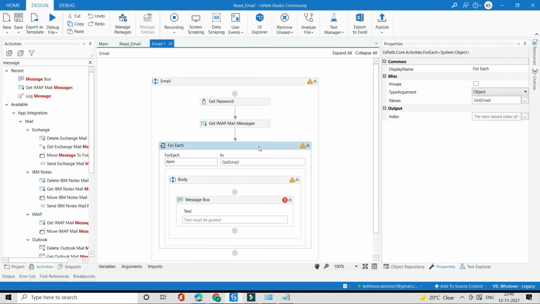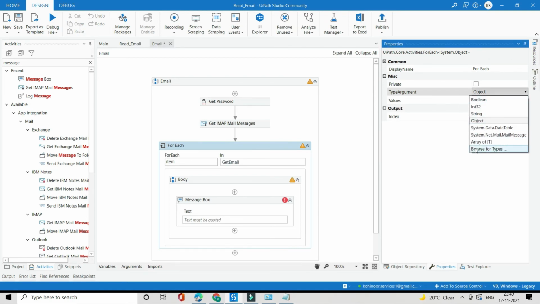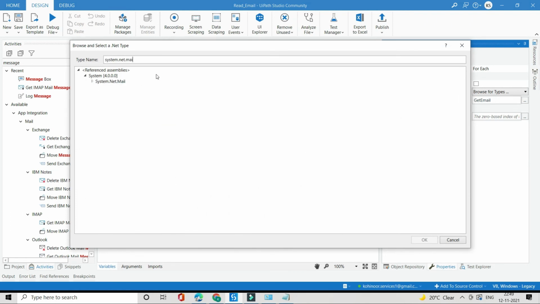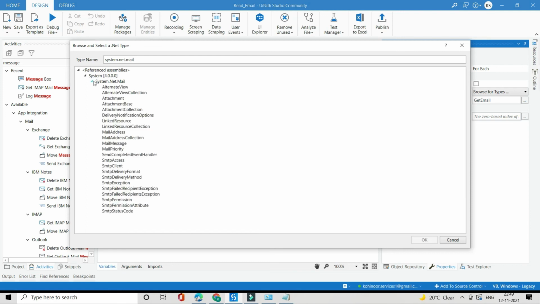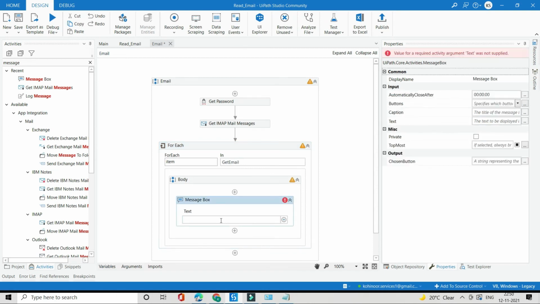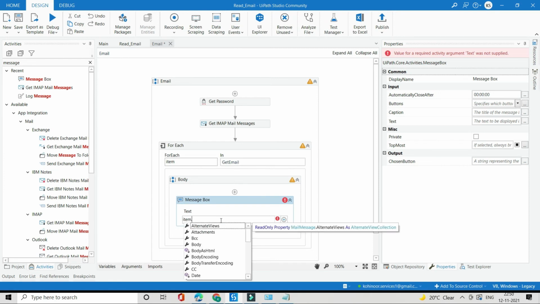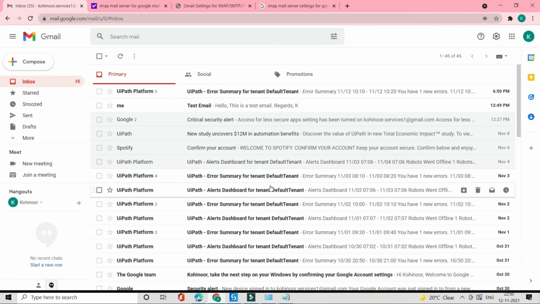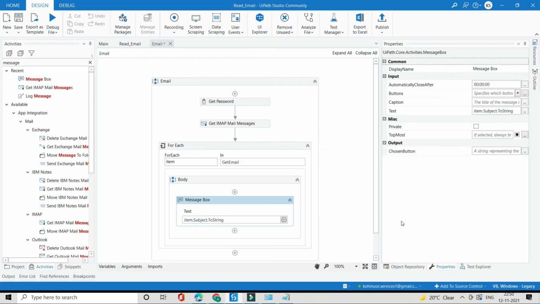Before that, we have to change the type argument from object to browse for types, System.Net.Mail, and from here select MailMessage. From here you can now type item dot, for example, subject.toString. Now the first 5 email messages will be read and displayed in the message box.